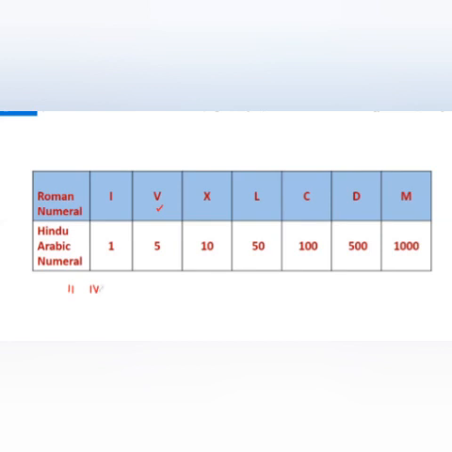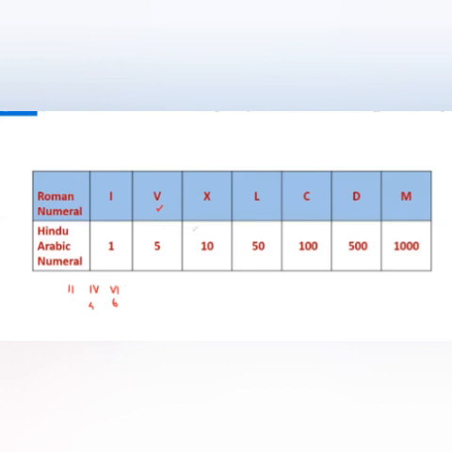So this is the symbol for 4, and 6. How to write 6? We can write it because 5 plus 1 is 6. So the 5 symbol is written, then 1 after. So this is number 6. Okay, 7 also: 5 plus 2 is 7. So write the 5 symbol, then 2 ones. So that is 7, and 8 also, 5 plus 3. So that is 8.